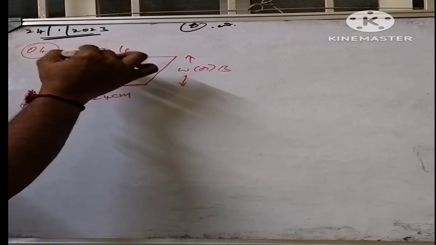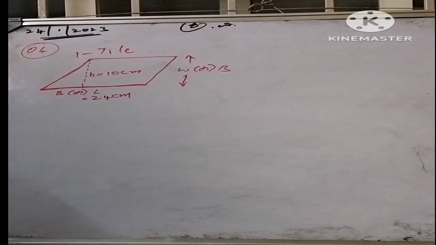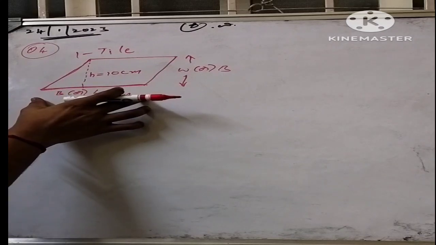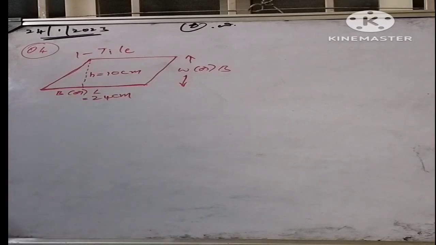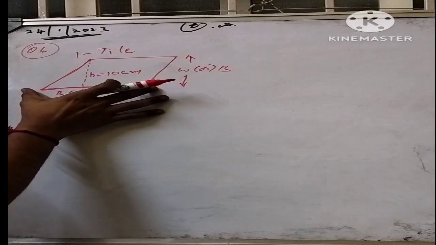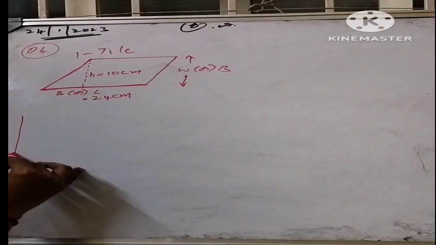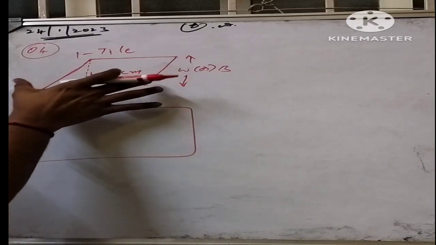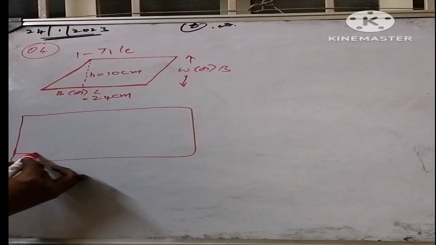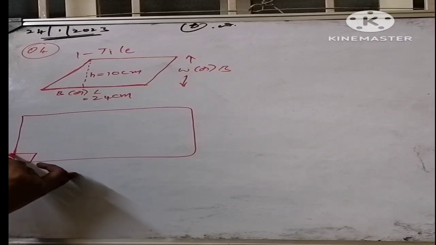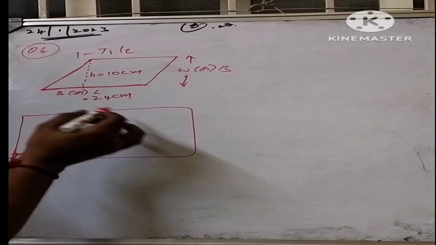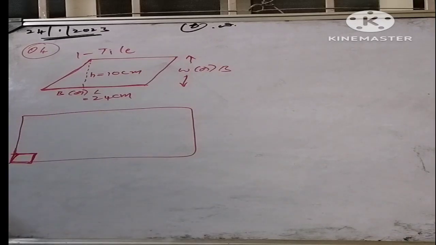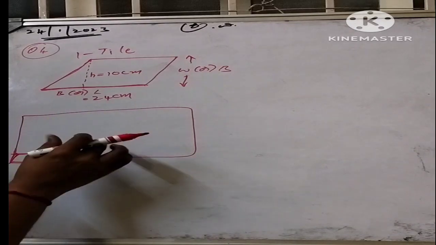He has been mentioning the dimensions of the single tile. So how many such tiles are required to cover a floor area? Like this, so many tiles are there. That's one floor. In that floor, we can insert so many of these parallelogram tiles. So how many such tiles can we insert in the area of